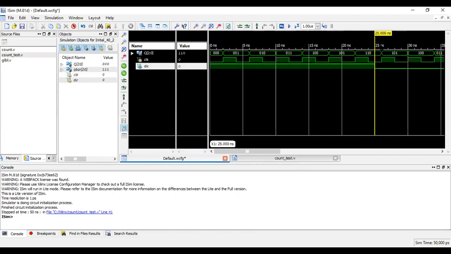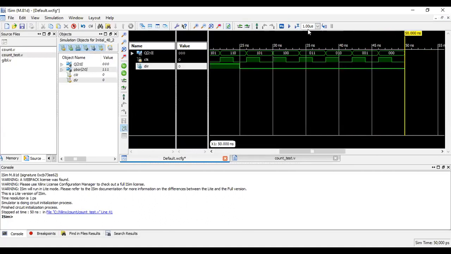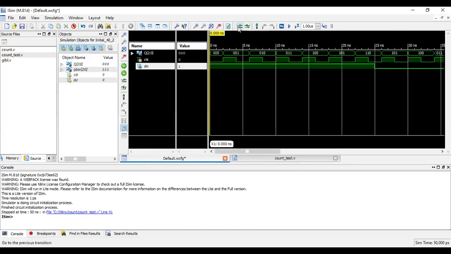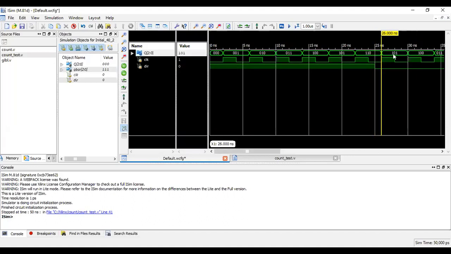So when direction is 0, it will not continue the up sequence, it will continue with the down sequence. The previous value was 6, next value should have been 7.